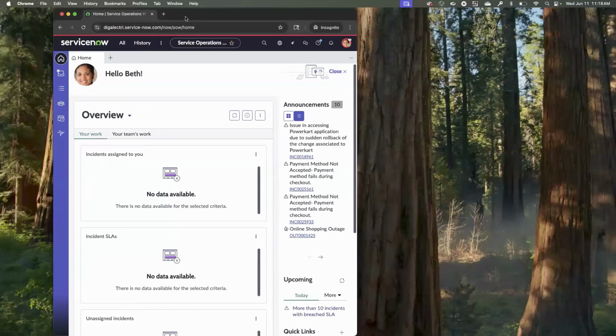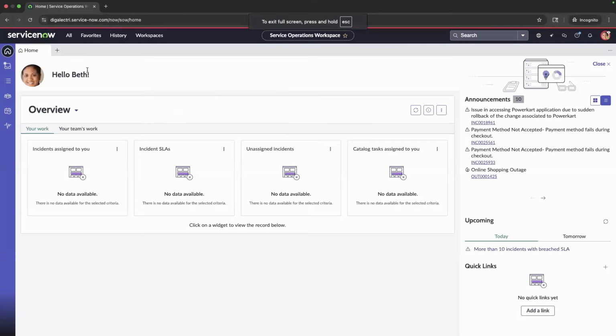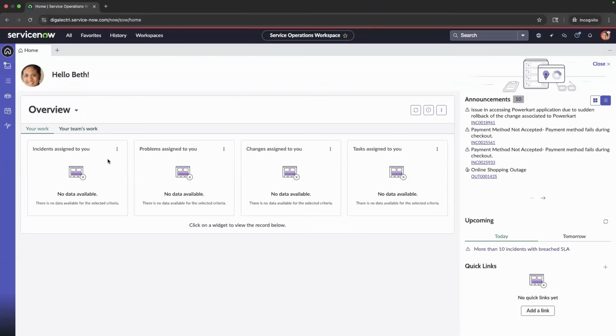So I'm going to be using two personas. I have Beth Anglin here, and we're going to just take a quick look here. This is her landing page at the moment. You can see that there's not too much work. I think there's a different overview tab I want to show you here. Let me just check this one. Get some data in here. All right, no worries. We see that there's no data at the moment in here for Beth,